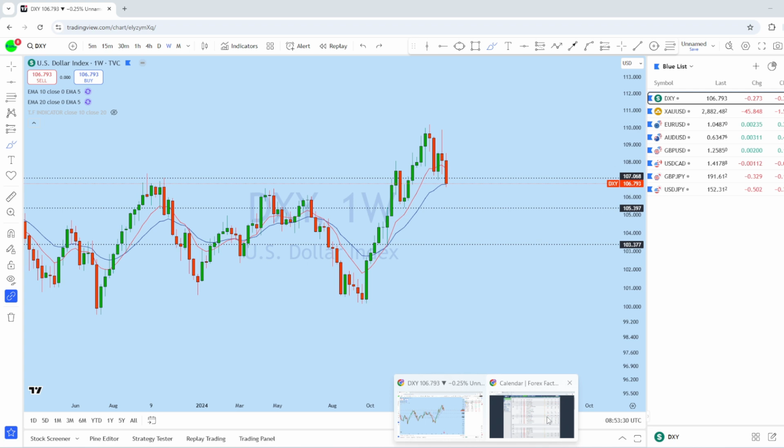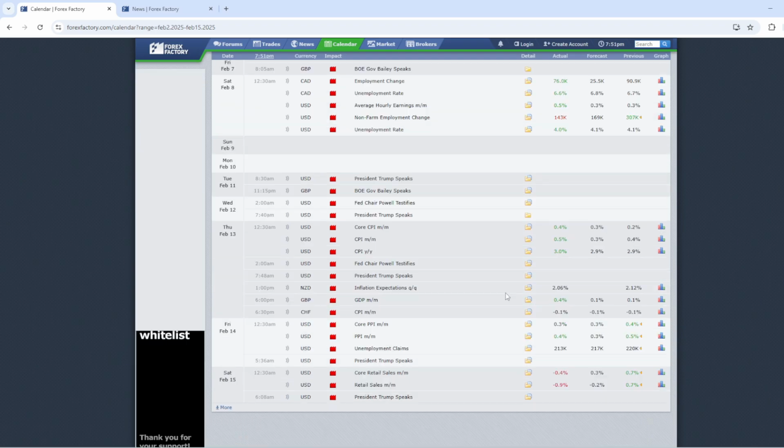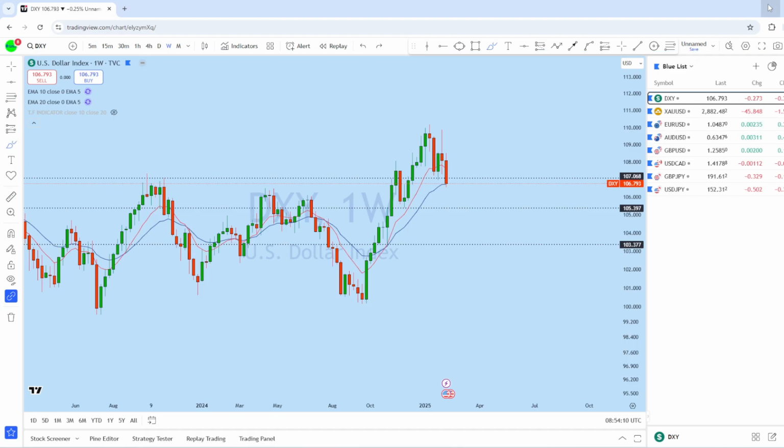So you can see that upon retail sales, the past week was pretty volatile. We can see that core retail sales and retail sales, both of this data has come out to be unexpectedly unusual. The forecast for core retail sales was 0.3%, and it has dropped to minus 0.4%, and retail sales dropped to minus 0.9%. And with Trump's speech, the market looks extremely volatile at the moment.